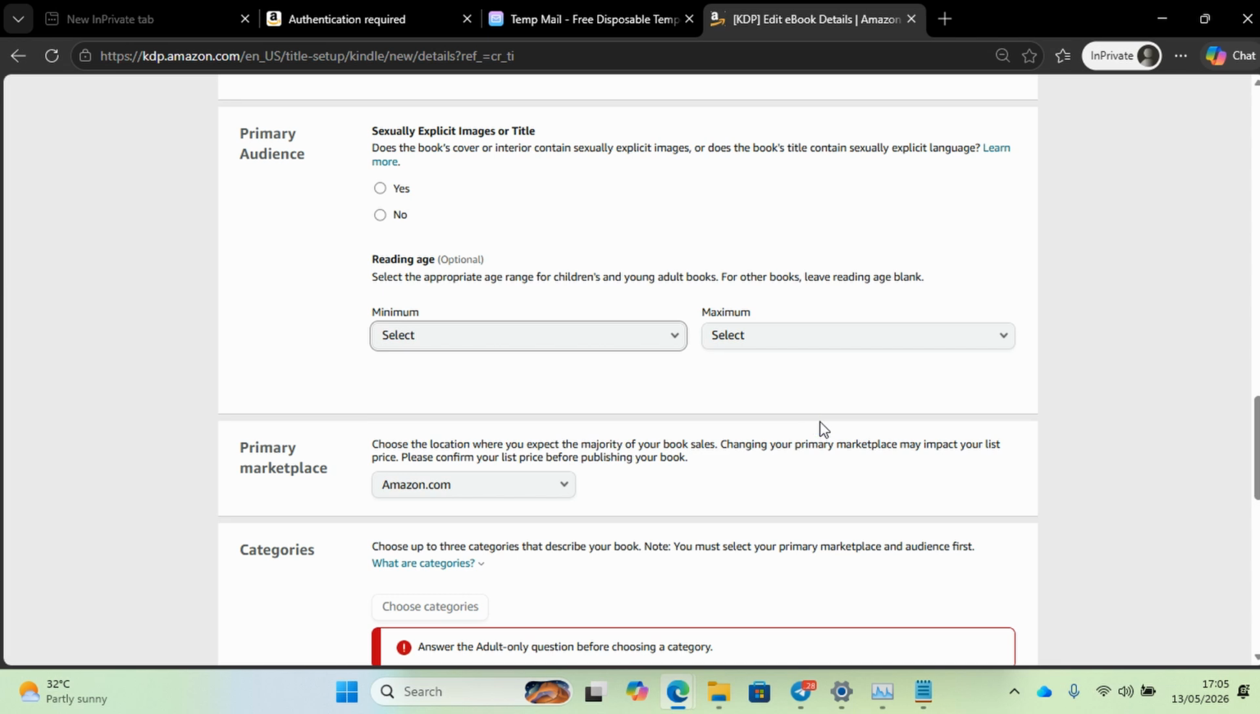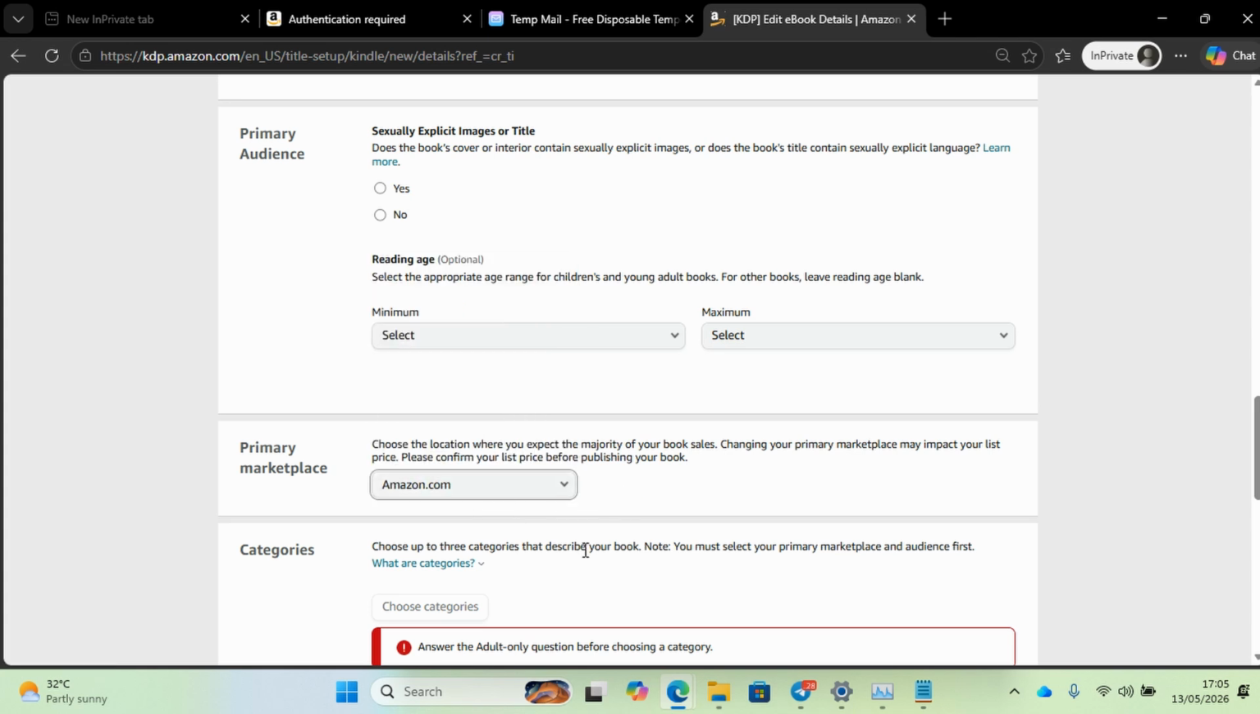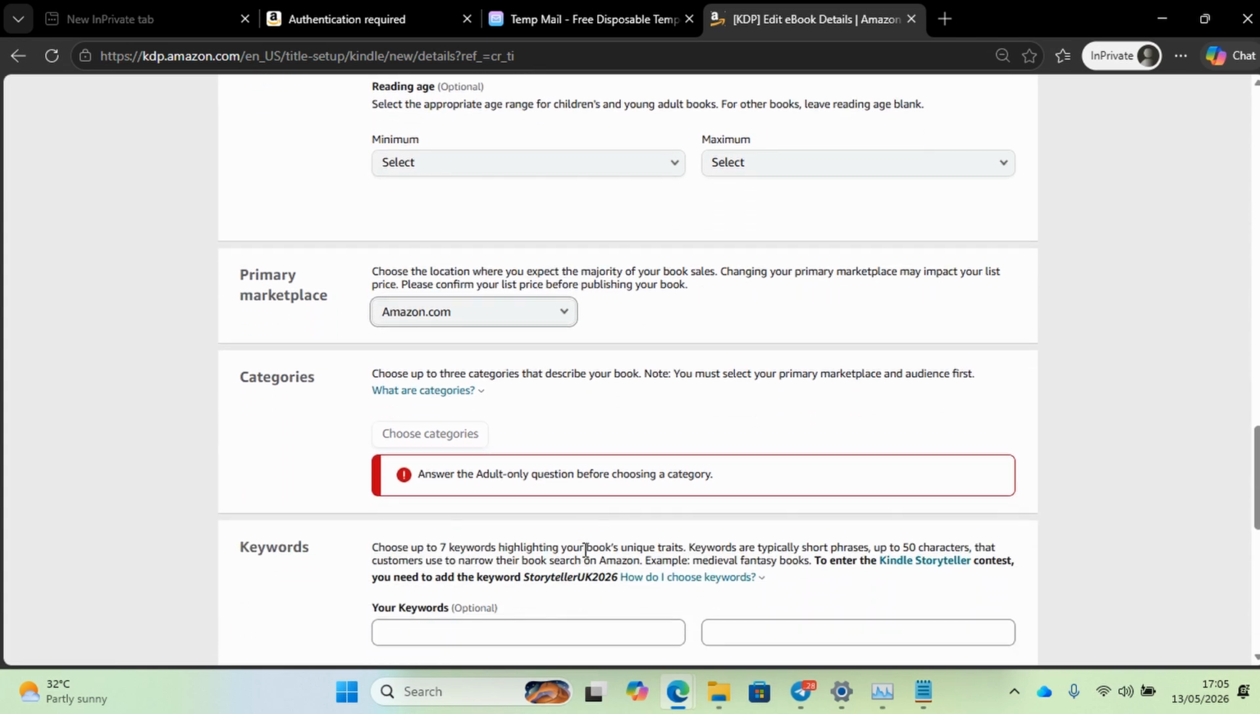So what's your primary marketplace? This is the place where you want to choose. Are you specific to a particular country? If not, you just click on amazon.com and leave it that way. Now for categories, you would have to choose